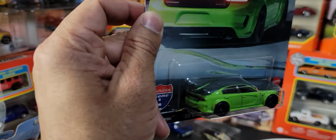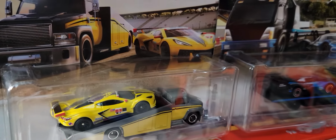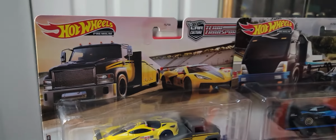Once again, difficult ones to find. There were about 20 people waiting for them. I'm surprised I was able to snag 3 of them when the box was opened. There's another Porsche Panamera, and I'm just trying to think if there's anything else I want to show you here. Oh, and then I did get some premium line vehicles, once again all Hot Wheels, but that's a fantastic Corvette. And that's a Volkswagen ID.R in black. Both really nice vehicles. Let me just put all the vehicles that we just looked at together, and then